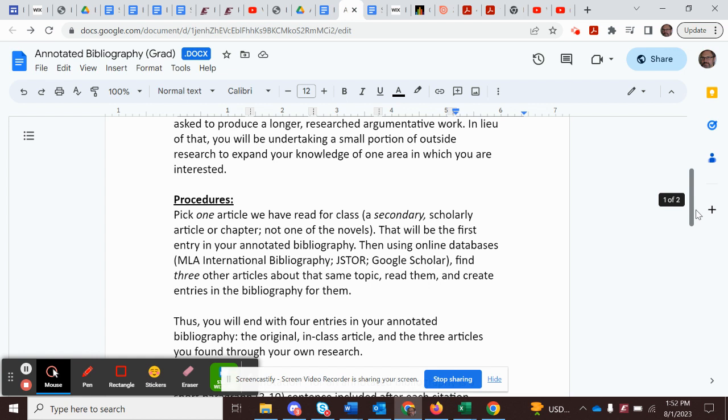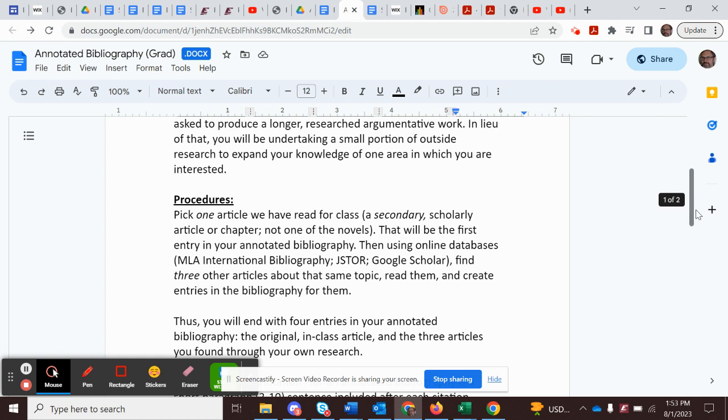And you're going to research it using, ideally, one of the library databases through libraries.eku.edu. MLA International Bibliography and JSTOR are really good ones. If you strike out on those, you are welcome to use Google Scholar, especially given some of the subject matter we're talking about. You can still find good scholarly sources that way. But do your best. What you're looking for here are accredited, peer-reviewed scholarly sources on a similar topic to one of the articles that we